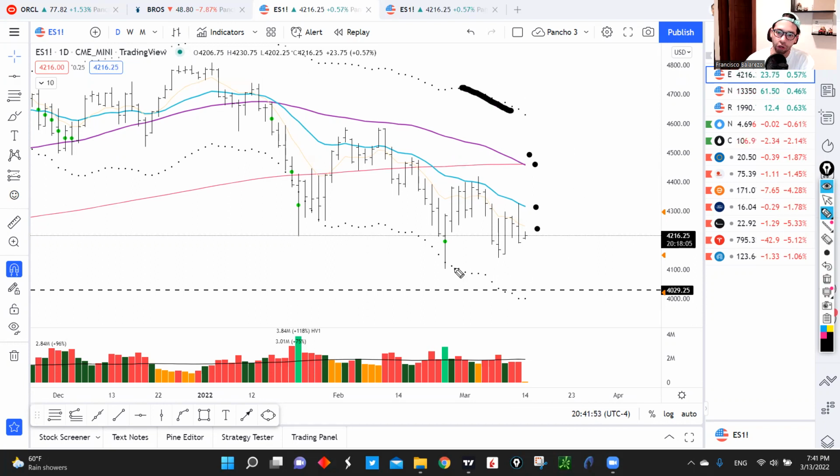And then the dotted line that I have right here is just the 3 ATR, which is basically the Keltner channels, using 3 ATR as the distance that I'm looking from this 21 exponential moving average. I basically just use that one to understand if the stock is really extended from the mean, which is the blue line right here. So now let's start with some of the analysis.